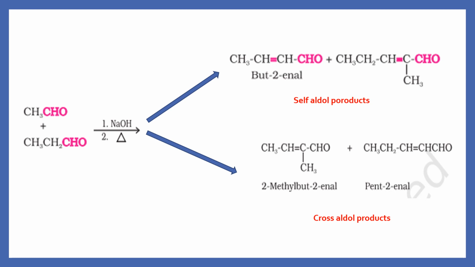If I take ethanol and propanol, both of them have alpha hydrogens. Now I am going to get 4 products. These 2 products will be a result of self aldol, because here ethanol is going to attack on ethanol and propanol is going to attack on propanol in the presence of strong base, dilute NaOH, and I'll be getting 2 products of cross aldol reaction. Total 4 products. These 2 we have already discussed in the beginning of the presentation. So I am explaining now how this cross aldol is going to give me these products.